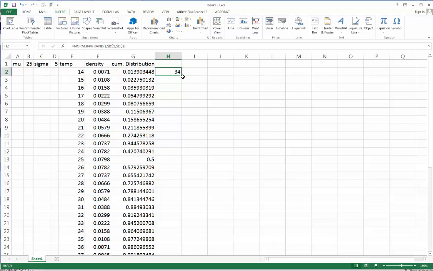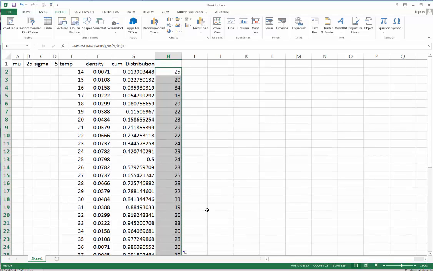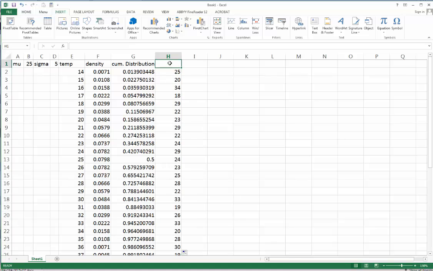So this is one of the random temperatures that we generate using that function, and then we copy this down. Okay, and there will be many random temperatures. So here I am saying this is a sample. This is a sample, and next I would like to see the histogram